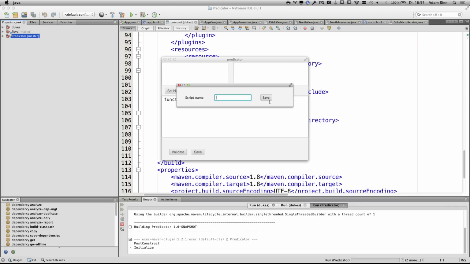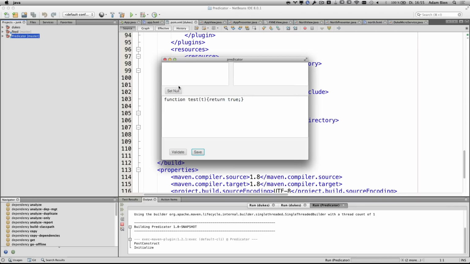What was the question? Opens or navigates. So opens is simple. You just say stage and open. And to navigate, you will need a reference to the presenter from the main view. Okay. And then you expose a method like left or right and invoke the method. Okay. This is the case where you might need the reference to the presenter.